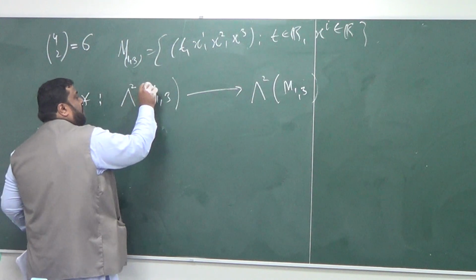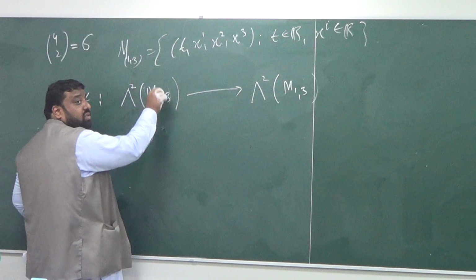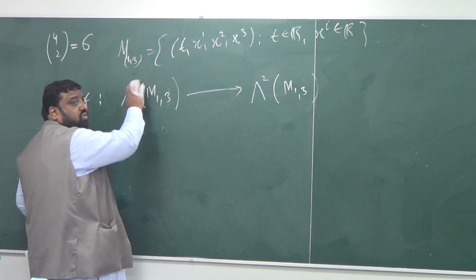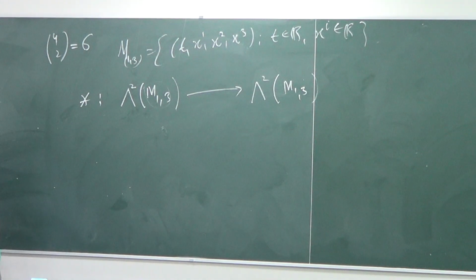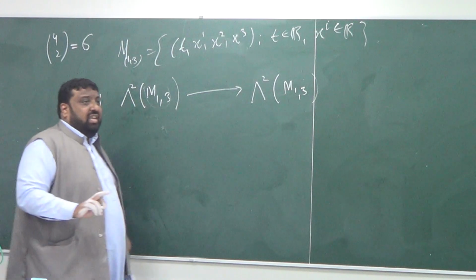So what is the dimension of your underlying manifold? 4. So it's a 4. So 4 minus 2 would be, interestingly,